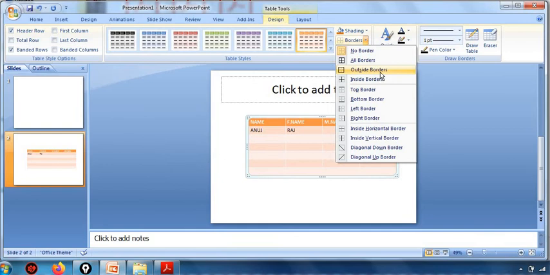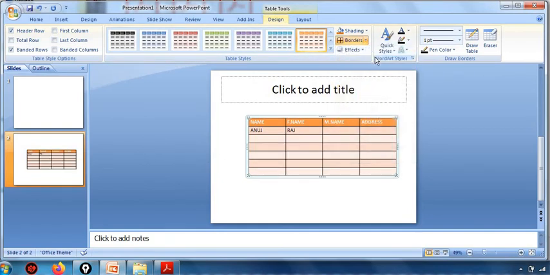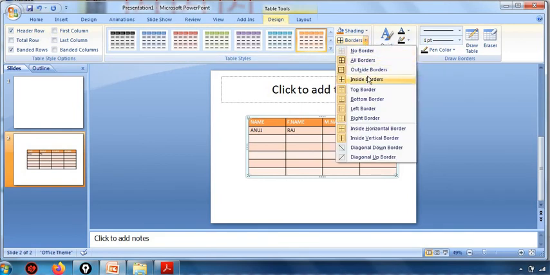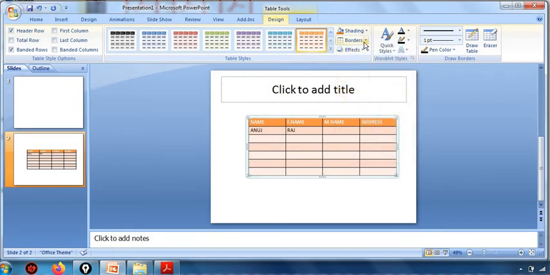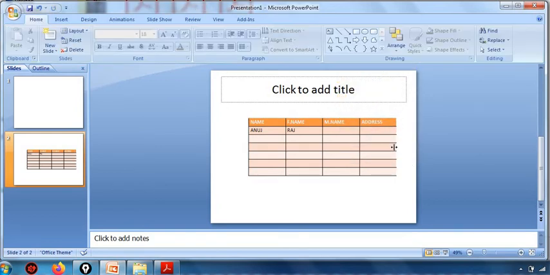Outside border, suppose I click on this, and again all borders like this, all margins will look clearly, all dividers will look clearly, all cells will look clearly. Okay, now top border only and right border only. So all this will be clear. Top border, left border, right border, whatever you select, your border will look like that only.